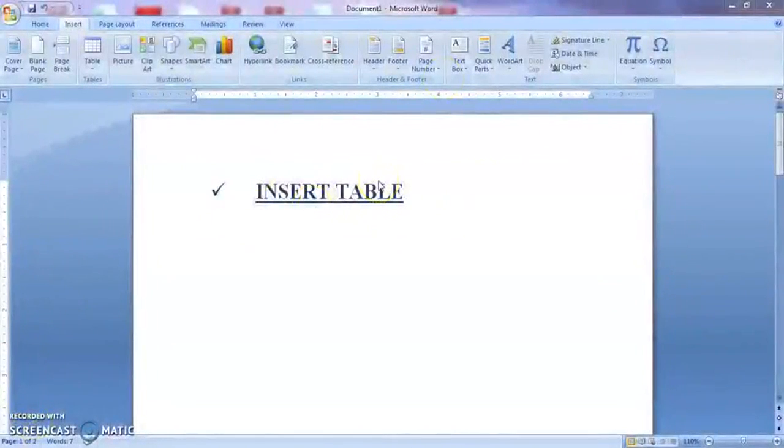Now, I need every one of you to consider how will you draw a timetable in a sheet of paper. Normally, we will take all the days, Monday, Tuesday, everything to the left of the page, and the class hours to the top of the page. Then, using our scale, we used to draw horizontal lines, that is from left to right, and then the vertical lines, that is from top to bottom.